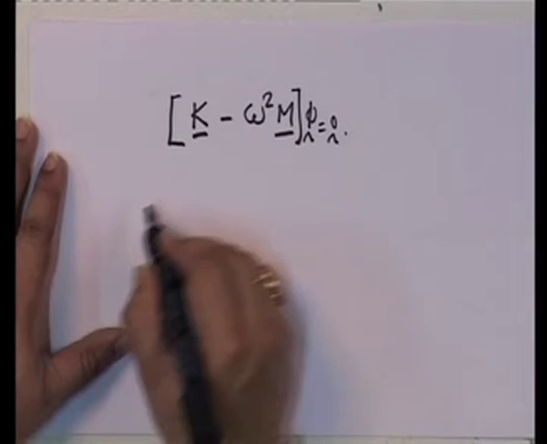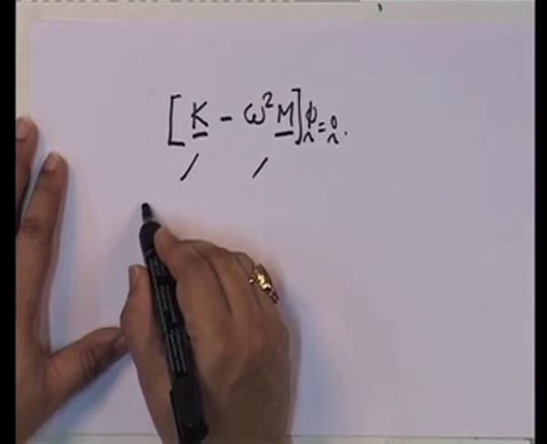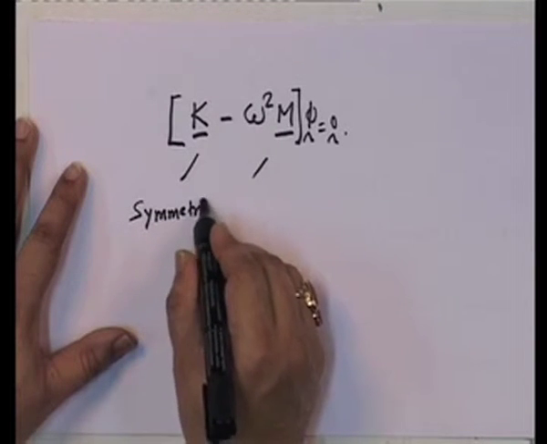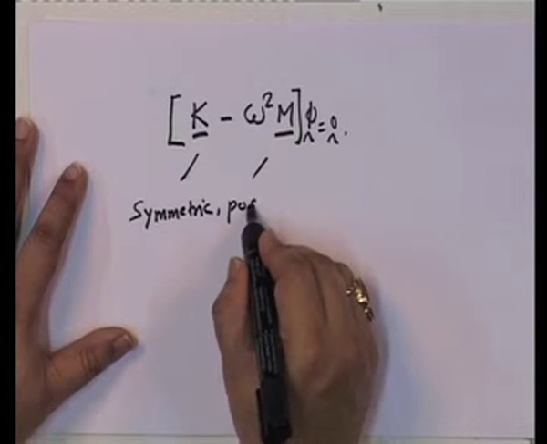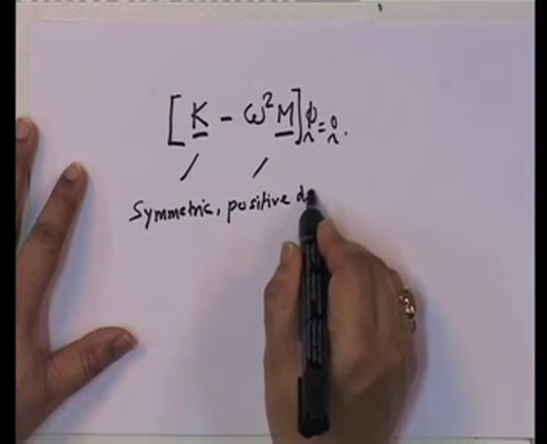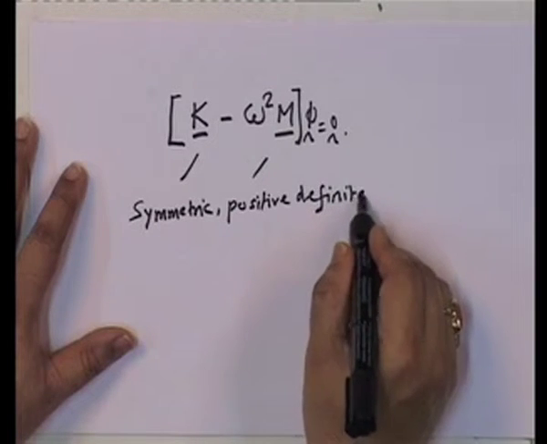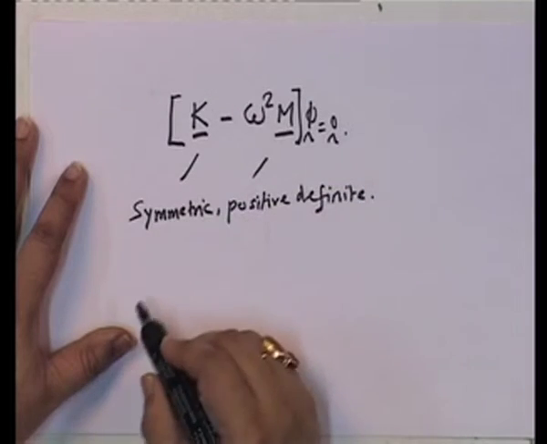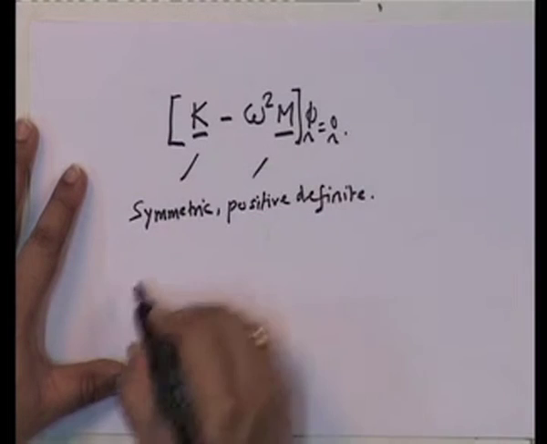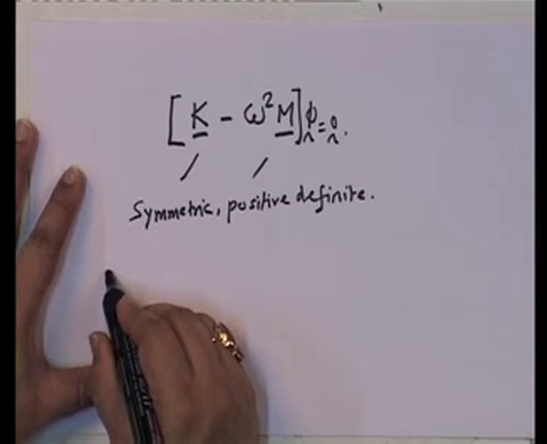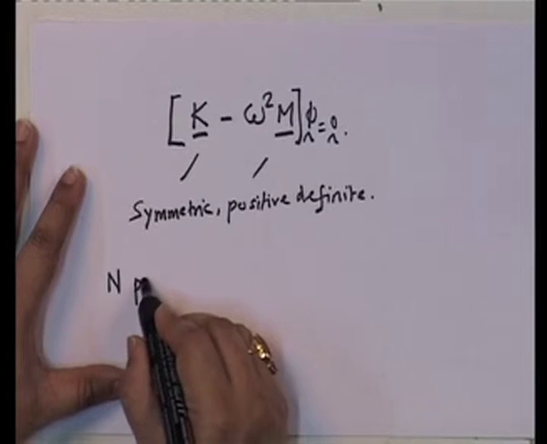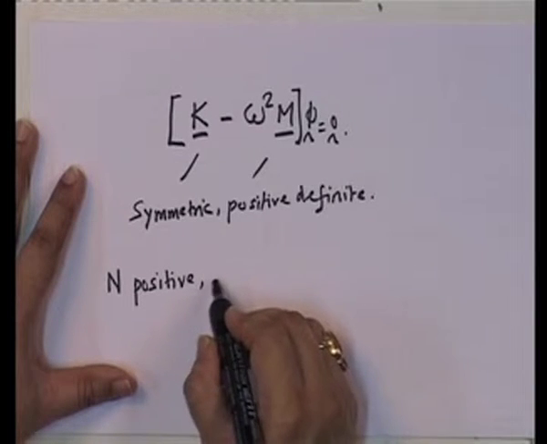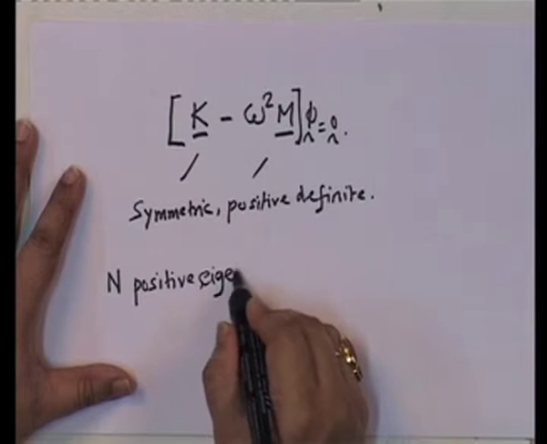And we saw that since both of these are symmetric and positive definite, therefore, you get both the solutions to this are n positive eigen